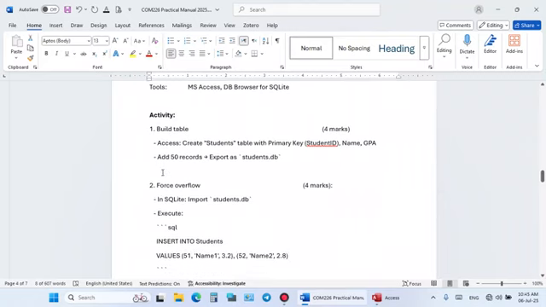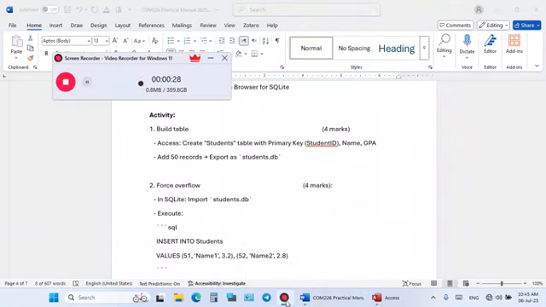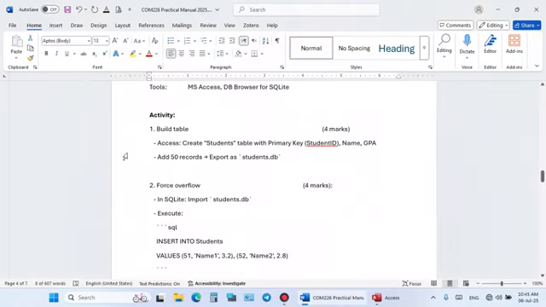Now the activity says, first of all, we build a table using Access. You create the students table with the primary key on student ID, and the columns in the table are student ID, name, and GPA. And then we add 50 records, and we now export the student file as